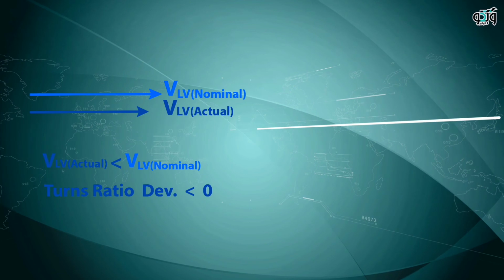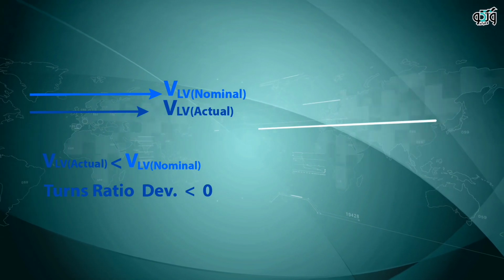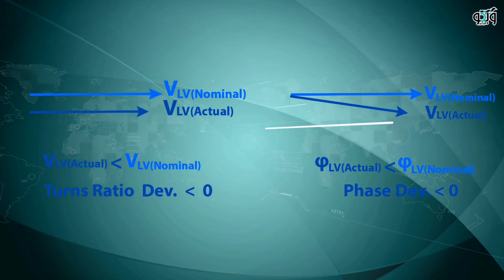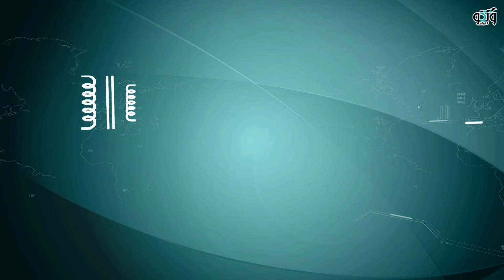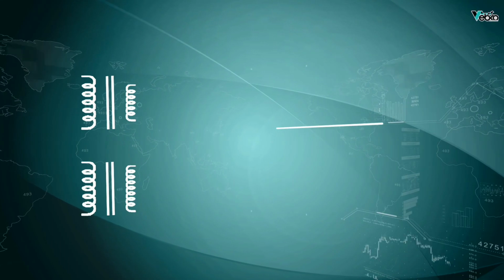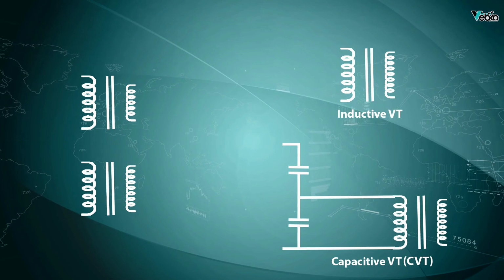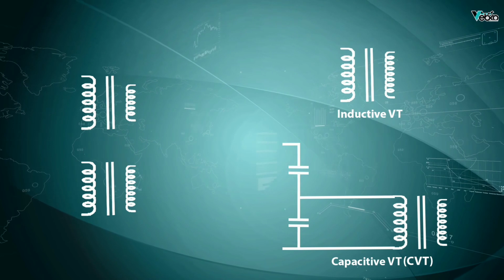If the actual amplitude of the secondary voltage is lower than the nominal secondary voltage, the amplitude error is negative. Also, if the secondary vector is lagging in relation to the primary vector, the phase error is negative. To compensate for the turn ratio error, sometimes manufacturers adjust the number of primary or secondary turns. Nowadays, most of the VTs that are used in the industry are either inductive VTs or capacitive VTs, which are